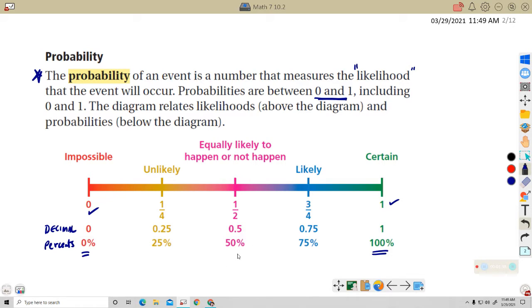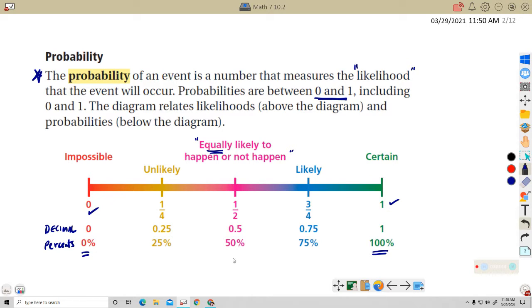Okay. So let's look in the middle first. If something is 50% could happen either way, equally, then that's going to be equally likely to happen or not happen. So a good example of this would be flipping a coin. You have two possible outcomes. You have heads, you have tails. And because it's flipping up in the air and can land either way, it's equally likely to land